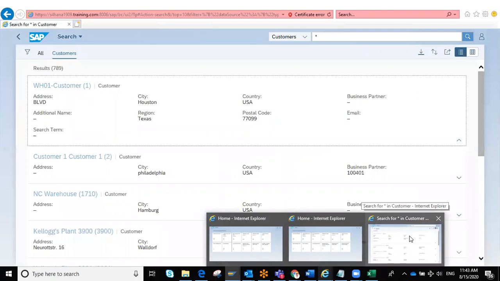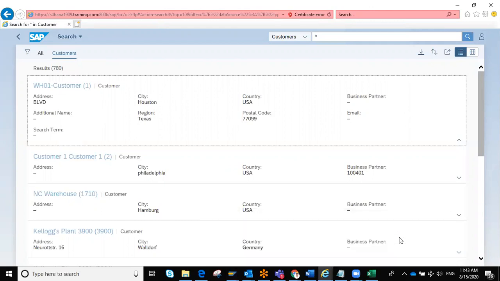We have 1709 only. Okay, no problem. So 1909 contains all the properties of 1709 plus improvements. 1909 is the latest version on premise for the S4 HANA edition. We will decide after this how to commence.